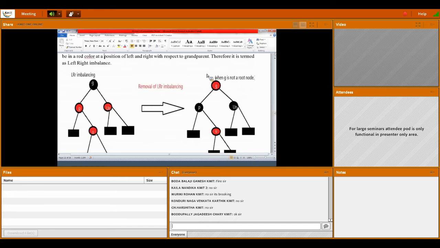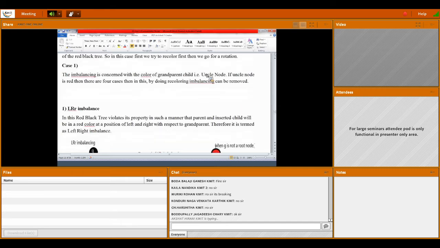That means U is the element you are inserting, P is the parent of U, G is the grandparent, and the uncle node is there. If the uncle node is red, then there are 4 cases. Based on the color of the uncle node, we have to go for this recoloring. There are 4 varieties of recoloring: left, right.